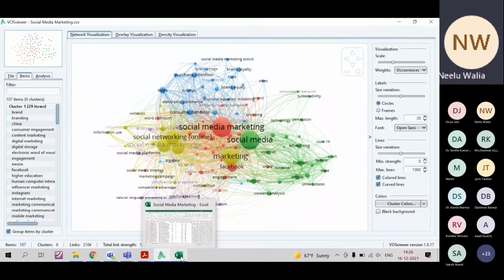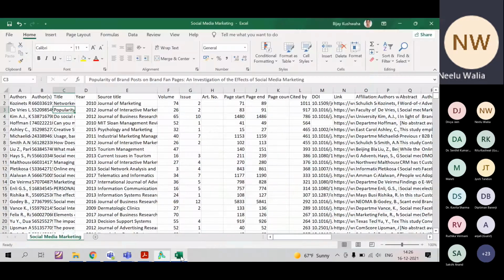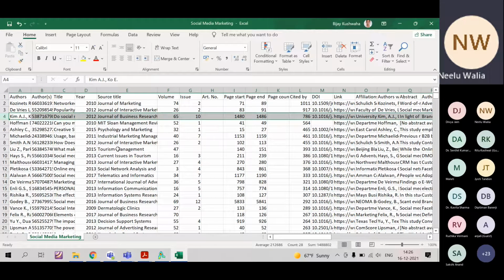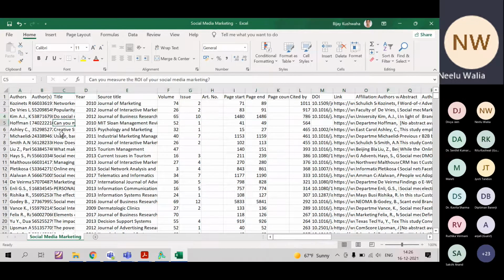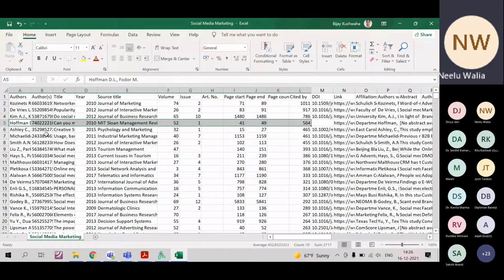Now I have to go to the table, or here itself you can go and find out in which paper social media marketing has been used and has the highest citation, that you can mention. So 2 to 3 papers you can mention. This one I can mention as the first one. Again, in the second one here also, this theme social media marketing has been used, so the second I can mention. While visiting 20 to 30 records, you will find all the answers and data for your tables. You can prepare it.